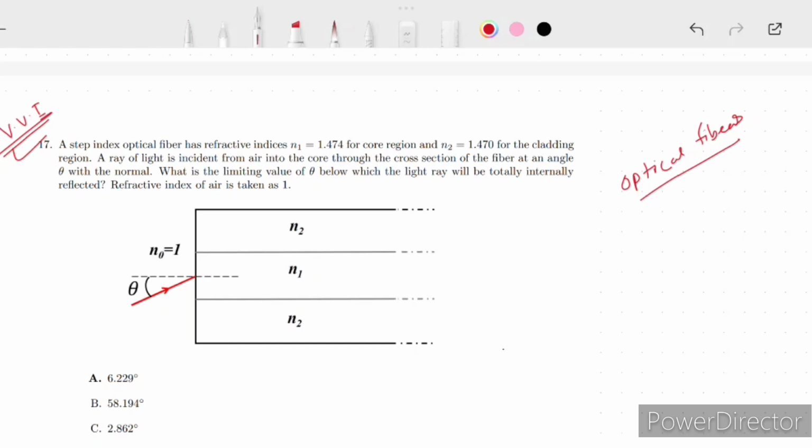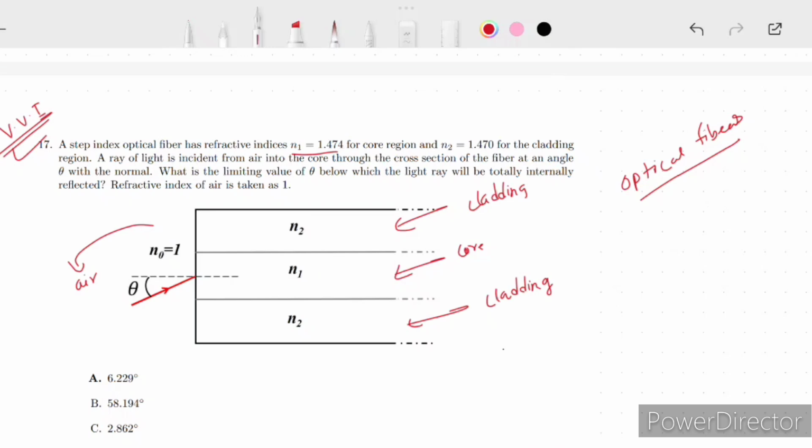A step index optical fiber has a refractive index n1 for the core region, this is the core, and n2 equals 1.4 for the cladding region. This is the cladding region, and this is also cladding region. A ray of light is incident from air, this is the air region, into the core through a cross section of the fiber